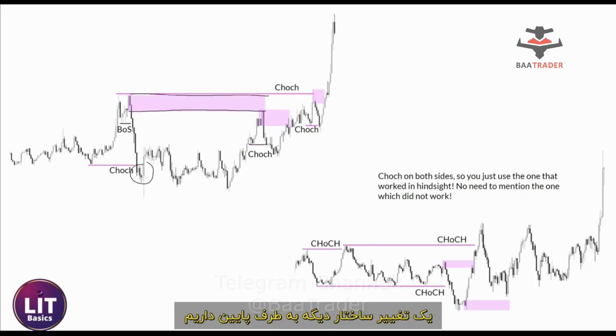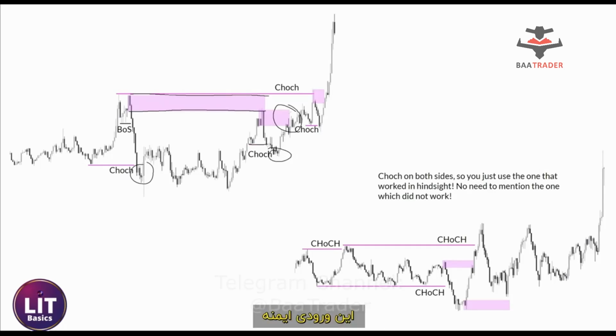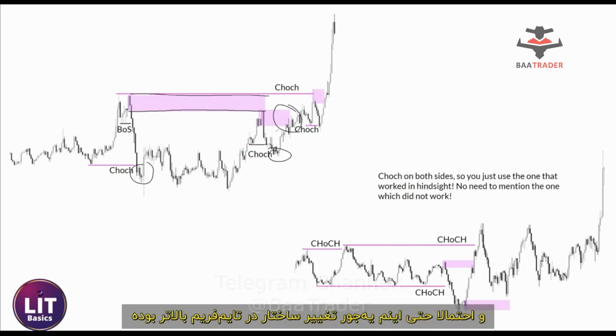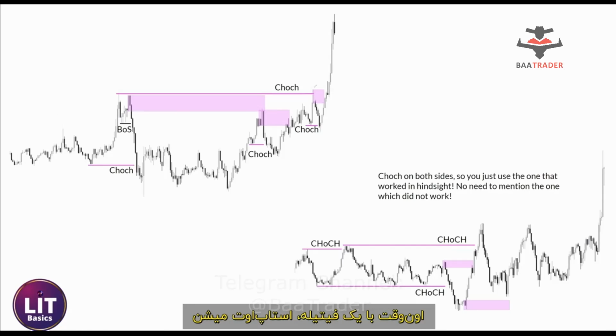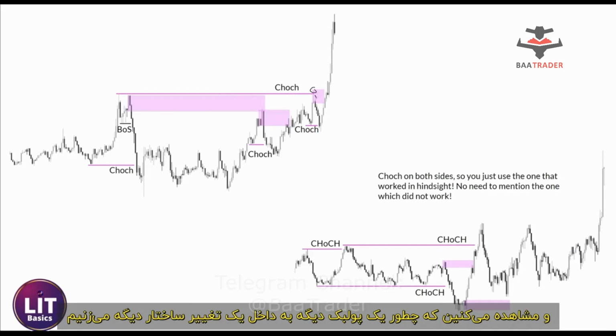We get another CHoCH to the downside, so this is what they would call the safe entry, the very high confirmed entry. A CHoCH after a CHoCH, and probably even this one was some sort of higher time frame CHoCH as well. Exactly. And then they just get wicked out, and you see we get another pullback into another